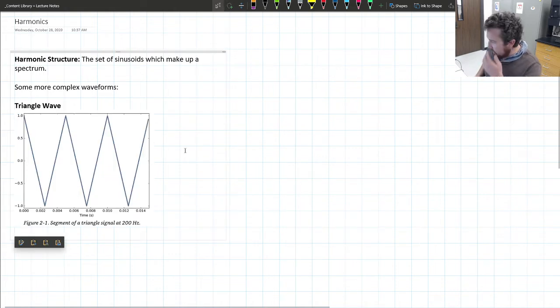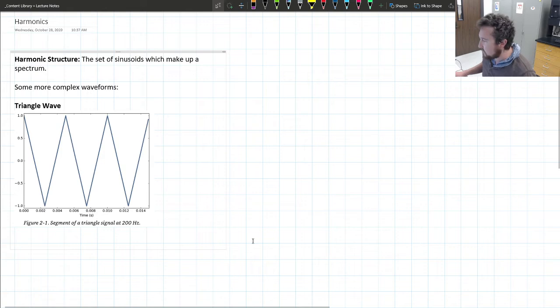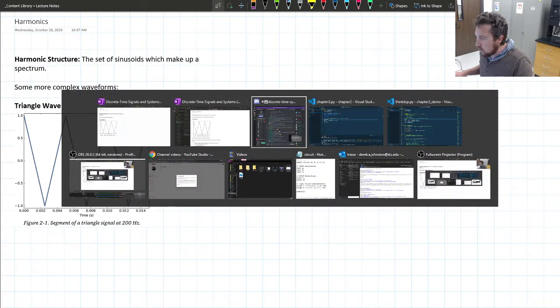A triangle wave looks like this. It just goes up to 1, ramps down to -1, and ramps up to 1, back and forth. Notice that the ramp progresses forward. In the assignment that's due on Friday, you'll have to make a sawtooth wave. A sawtooth wave looks sort of like a triangle wave, except when it ramps up, it just drops straight down and then ramps up again. So here is a segment of a triangle signal at 200 hertz. Let's take a look